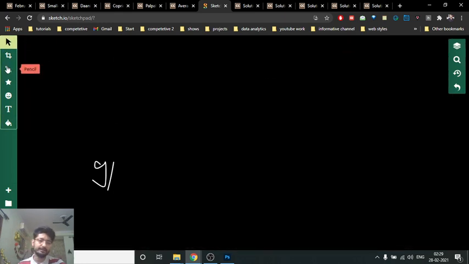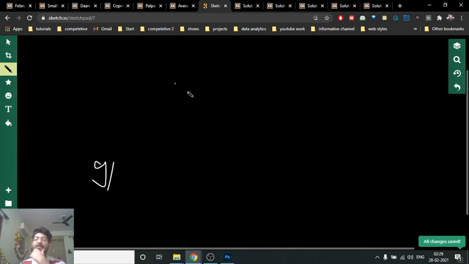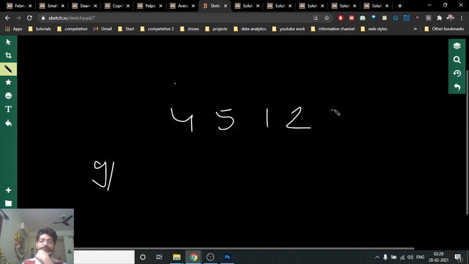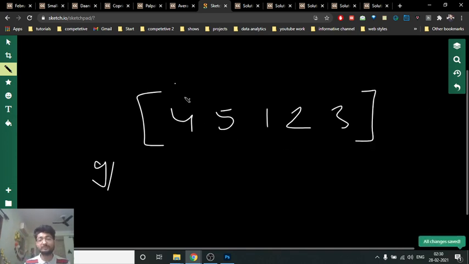But let's assume that I have some numbers which are increasing, which means that I have something like 4 5 1 2 3, like this. Now what you can see in this test case is, if you find just one pair which is increasing, then you can make the whole string, or actually the whole array, increasing. Now that's the observation for this problem. I'll tell you how I came to this observation.